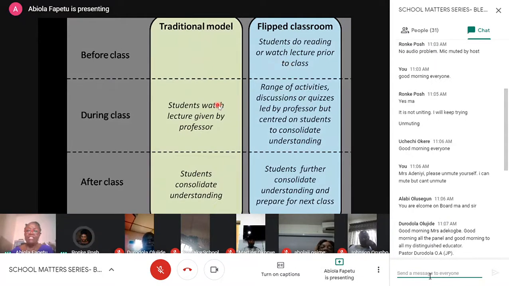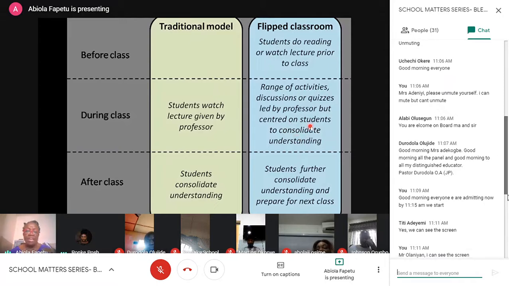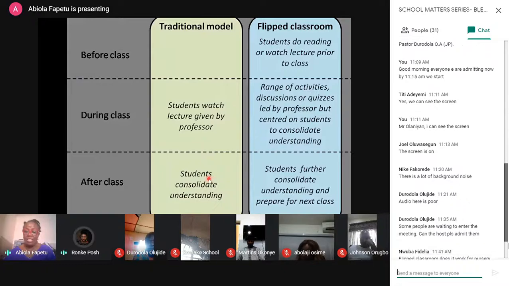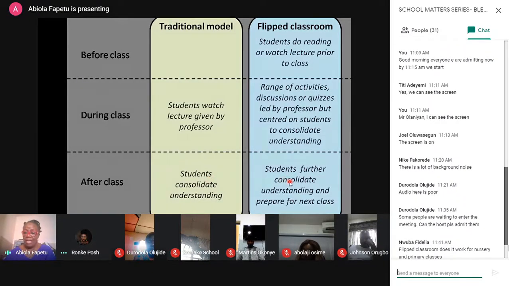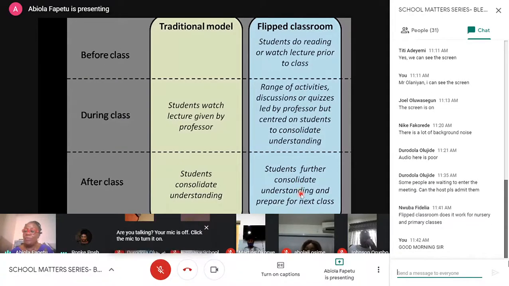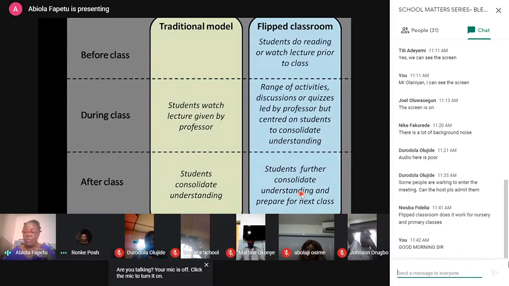During class, students now watch the lecturer give their lectures by writing it on the board or dictating it, or what have you. Whereas the flipped classroom would have the students now involved in discussions, in quizzes, and all of this is centered on the students, and it helps consolidate their understanding. And after class, the students will now consolidate their understanding in the traditional model. In the flipped model, they further consolidate their understanding, and then they prepare for the next class by reading ahead